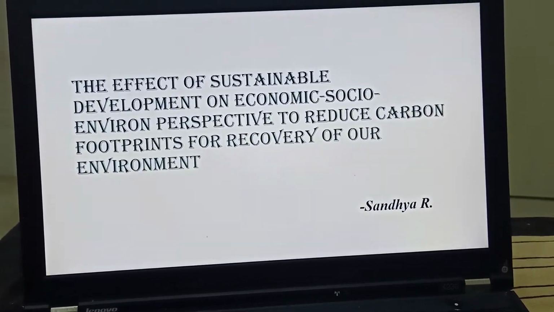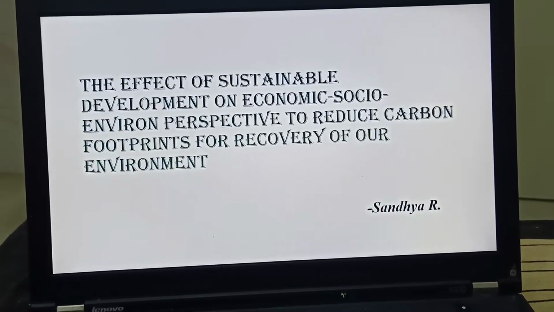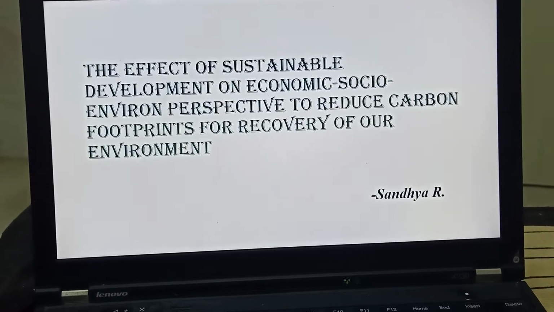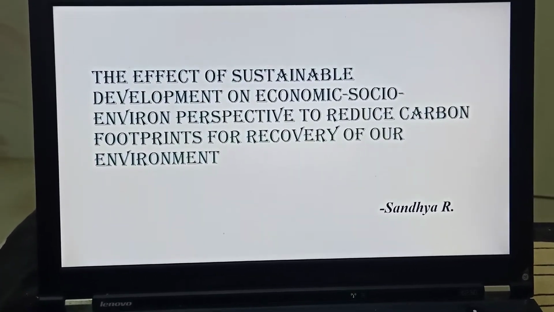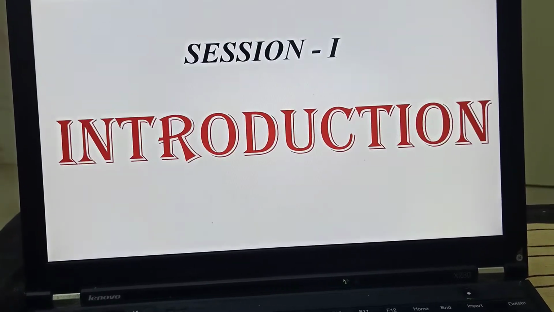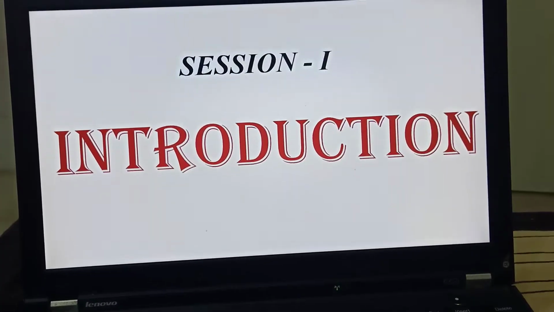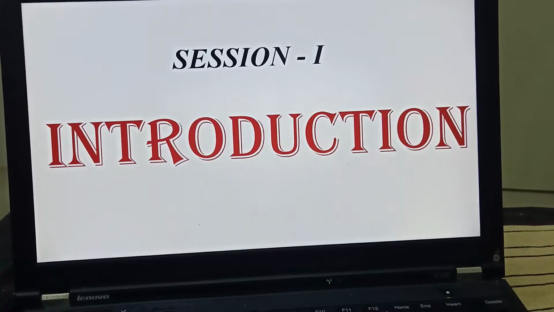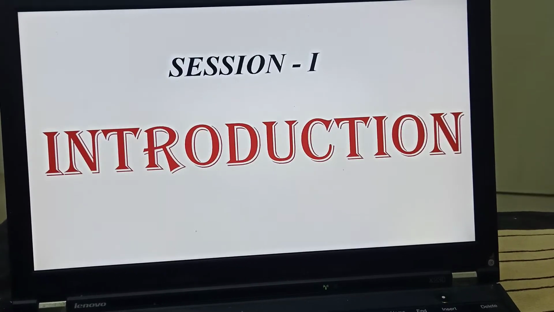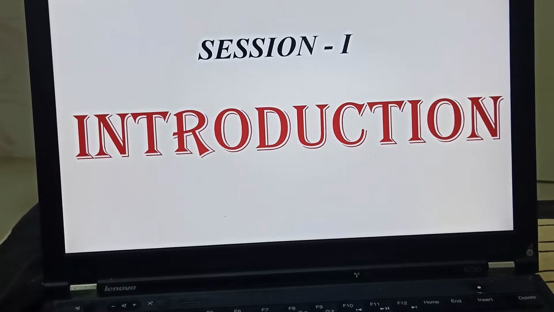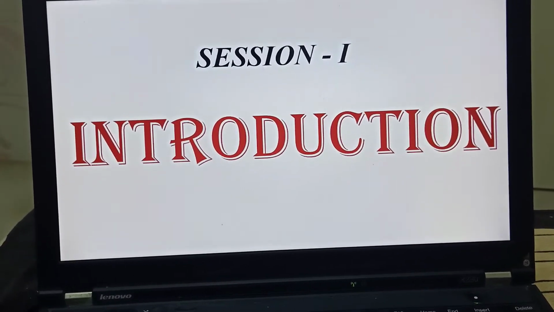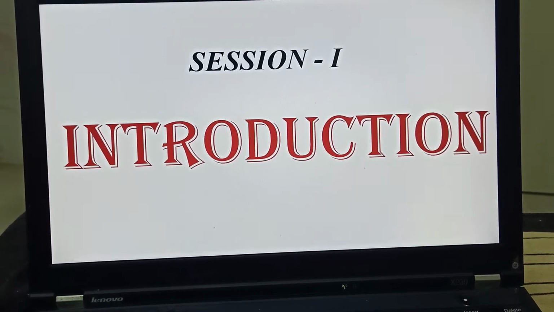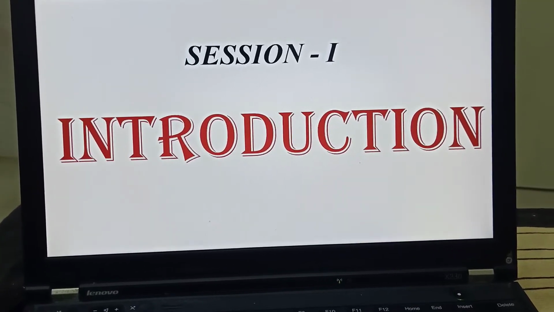Let us first start with understanding what is sustainable development. Sustainable development is the development that meets the needs of the present without compromising the ability of future generations to meet their own needs. It is generally done to avoid depletion or degradation of natural resources and allow for long-term environmental quality. But it definitely does not mean living without luxuries, but rather being aware of your resource consumption and reducing unnecessary